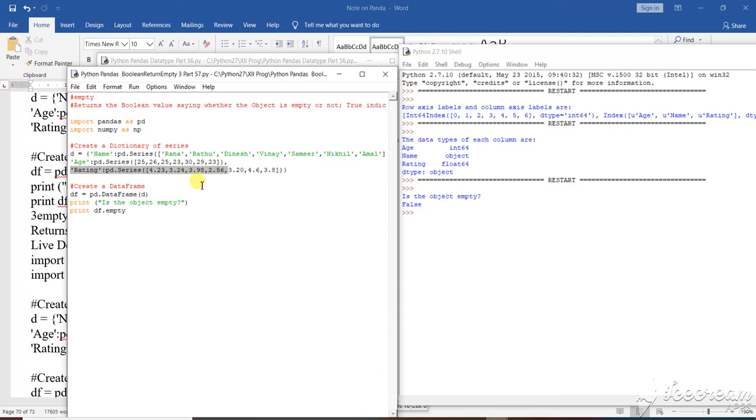The third program checks whether this data frame is empty or not, that means whether the object is empty. If the object is empty, it will say true. Since it is not empty, data values already exist there.